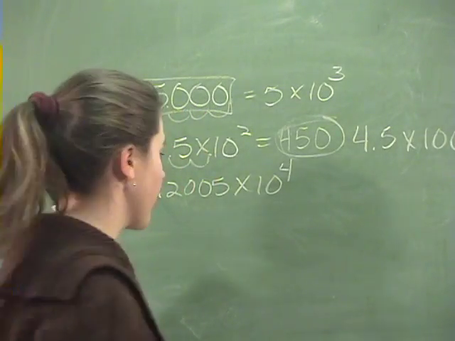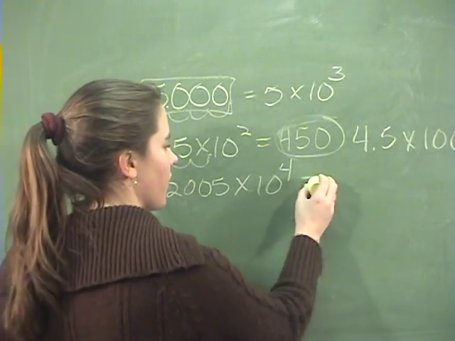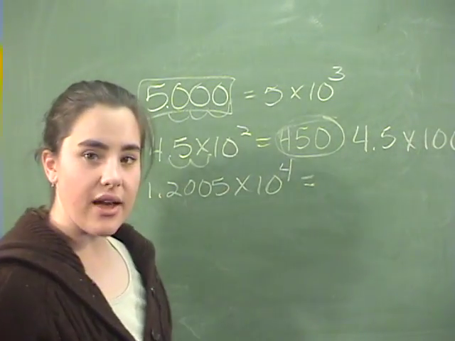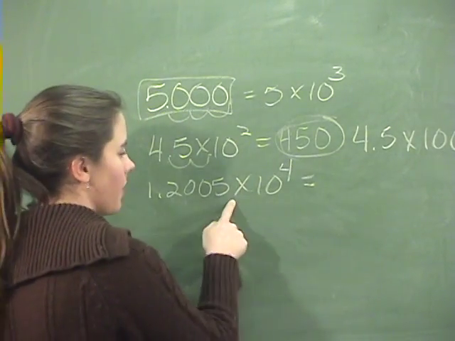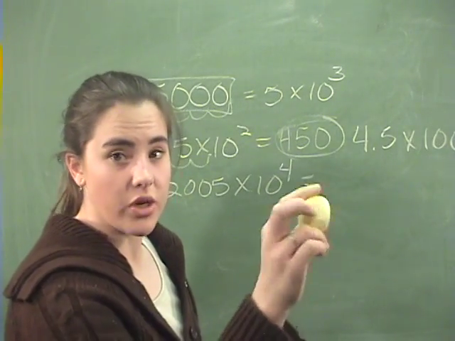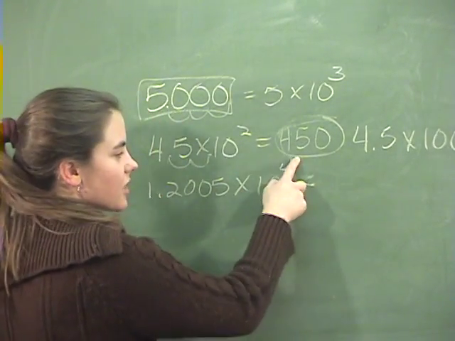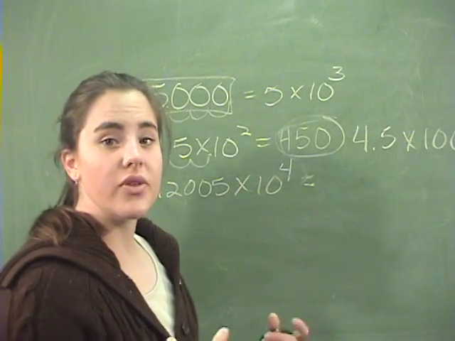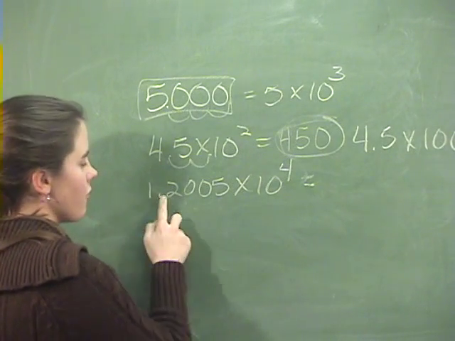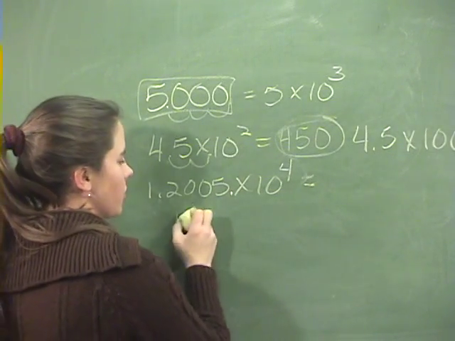Let's try it one more time just so you don't get confused. 1.2005 times 10 to the 4th. 10 to the 4th represents 1,000. So you're multiplying this number by 1,000. I'm sorry, 10,000. You're multiplying this number by 10,000. But instead of writing out 1.2005 times 10,000 and working all of that out with the zeros and everything, you can look at this exponent and recognize, I need to move the decimal place to the right 4 spaces. So you find the decimal point in the first number and move it over 4. 1, 2, 3, 4. It goes right there